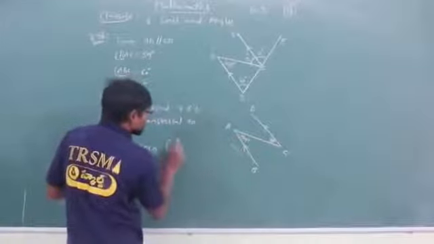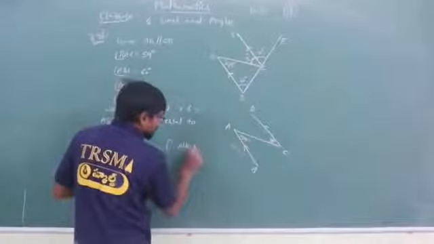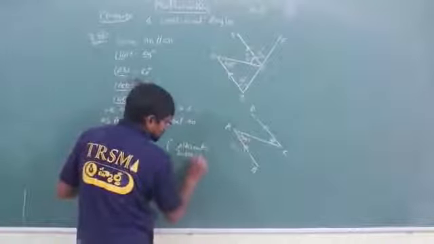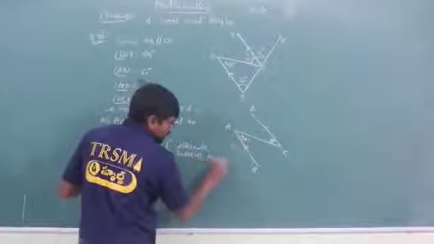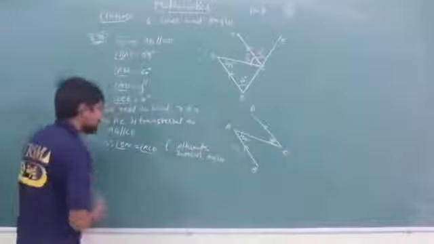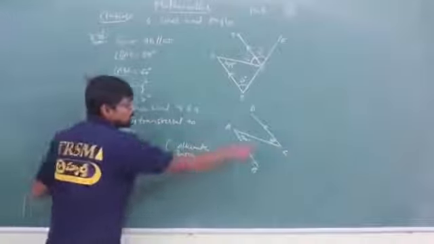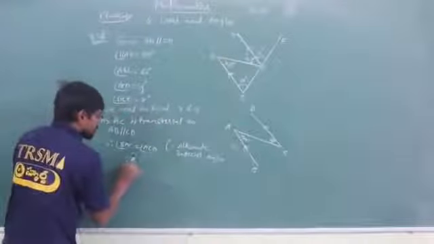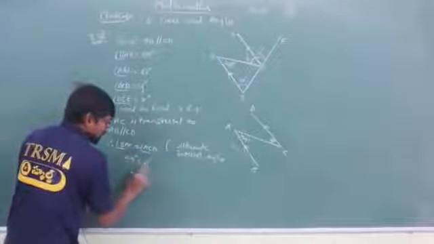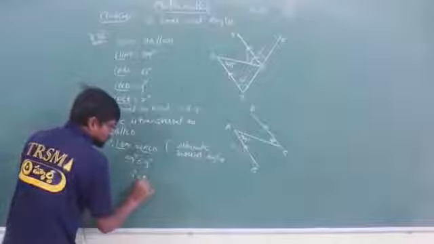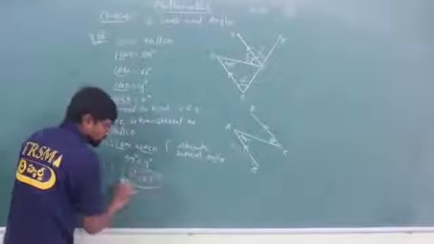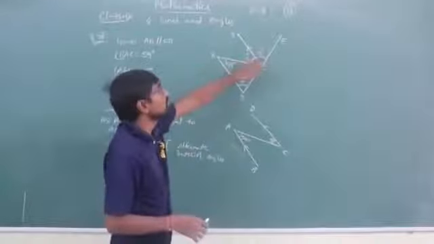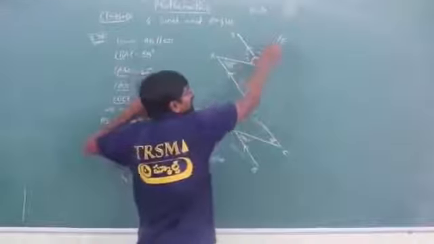Why are they equal? Since they are alternate interior angles. So what is angle ACD? Y. What about angle BAC? 59. Therefore 59 degree is equal to y degree. So we got y degree is equal to 59 degree. Hope you all understood this. Now coming to the value of x, this value of x is based upon this transversal.